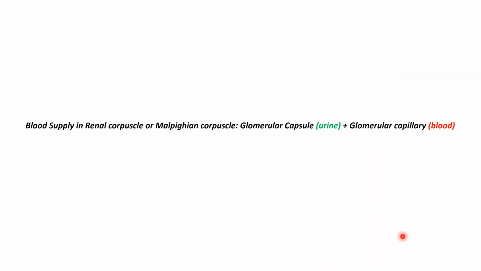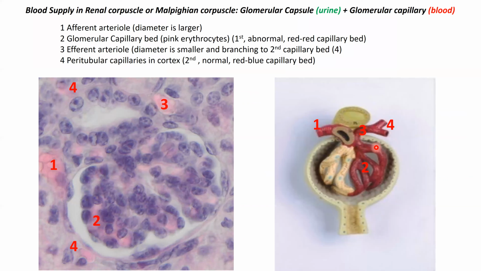Okay, let's look at the blood supply of the renal corpuscle. So we're going to focus now on the cardiovascular side. And here we go. Number 1 is the afferent arteriole, represented with a larger diameter. This branches and enters the renal corpuscle and becomes the glomerulocapillary bed. You can see that it lies in the pink erythrocytes. This is the first abnormal